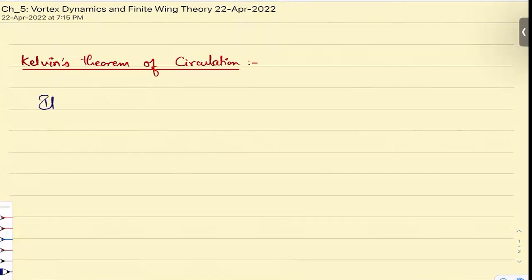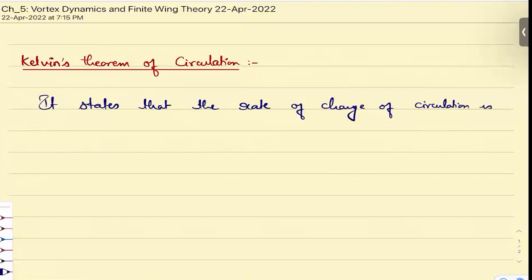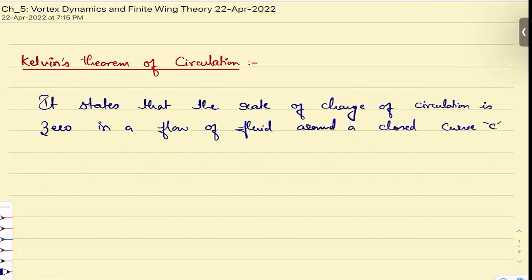Right. It states that the rate of change of circulation is zero in a flow of fluid around a closed curve C formed